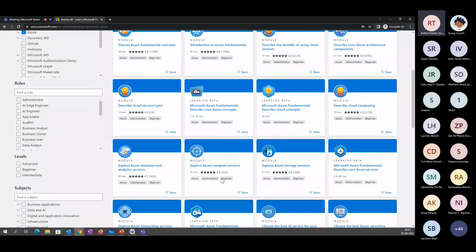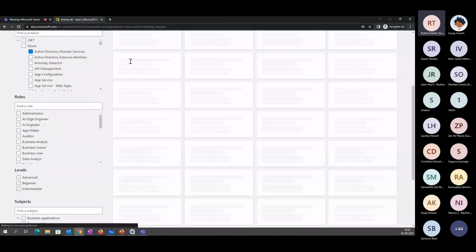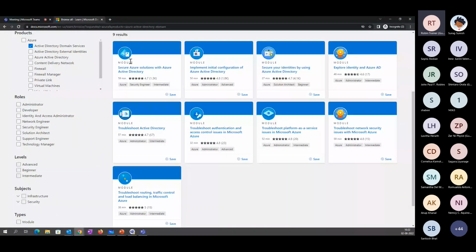Now I'm an Azure administrator. I need to learn, but I don't want to learn everything. I just want to learn only about Microsoft Azure Active Directory domain. So these are the chapters or modules available for you. You can just go through all these modules and you can start